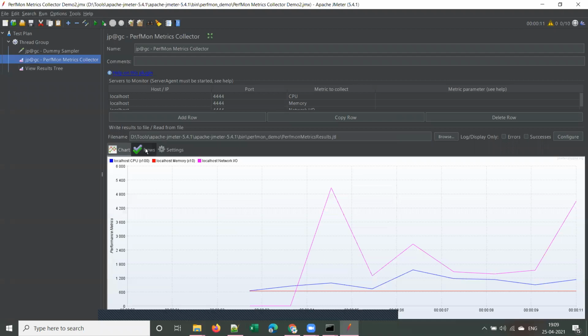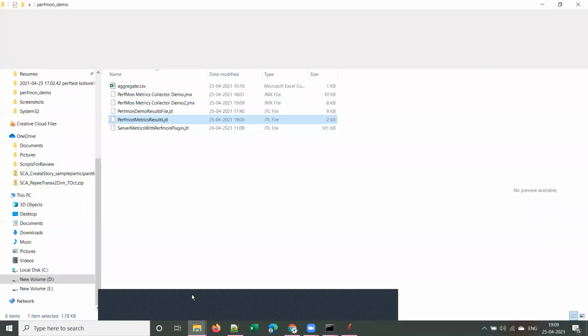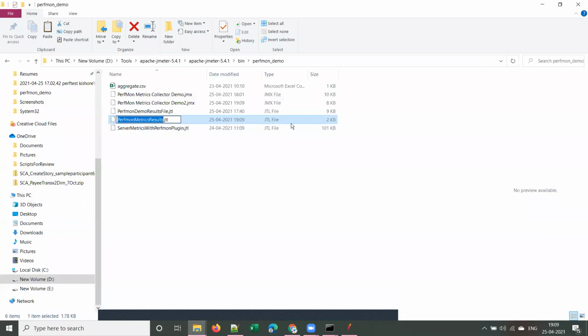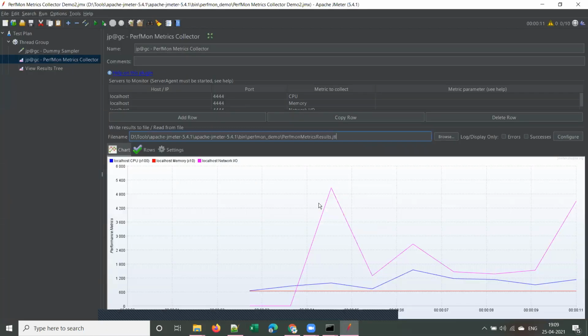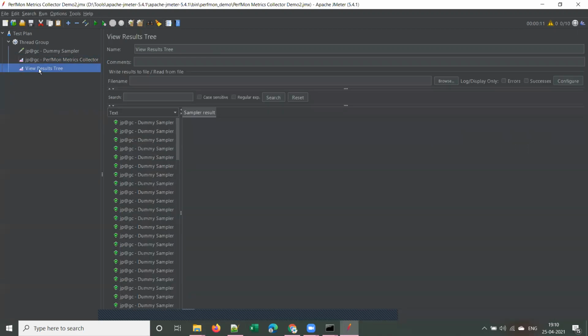Here you can see that the performance metric collector actually gathered whatever metrics I configured, and it is displaying the graph like this. As well, if you configure a JTL file, it will collect those metrics into the JTL file. Let me show you that file as well. So here you go. You can see that the file size increased to 2 KB, and if you want to view the results at a later point of time, you can use this JTL file, obviously, right? And here you can see the view results tree showing the samples